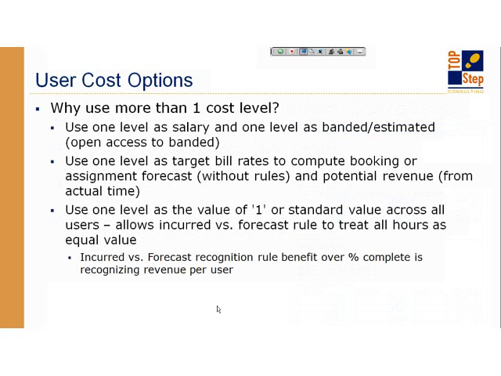So other than the example I gave you, which was the salary versus the banded cost, so you can identify who can see what kinds of costs, other examples that have come up that have been solved with the multiple cost rates on the user record, something I've talked about in previous webinars, are things like capacity planning and target bill rates. So if you actually dedicate one of those levels to be a target bill rate,